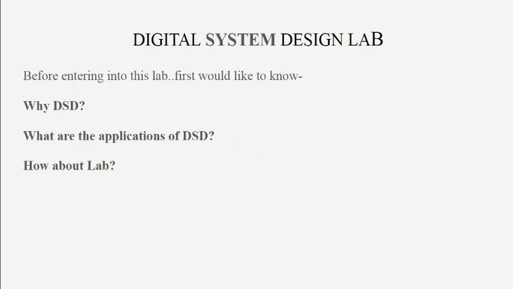So digital means it is a combination of zeros and ones. By using this logical 0 and 1 value, we are going to design a logic which can be used as a practical application. The best example I can give is a simple switch. A logic 0 means the switch is in off mode, a logic 1 means the switch is in on mode. So this is a simple example in the digital system design lab, or the subject.